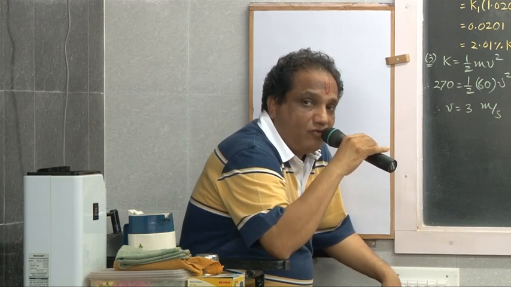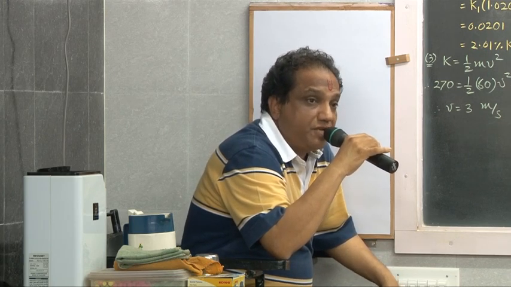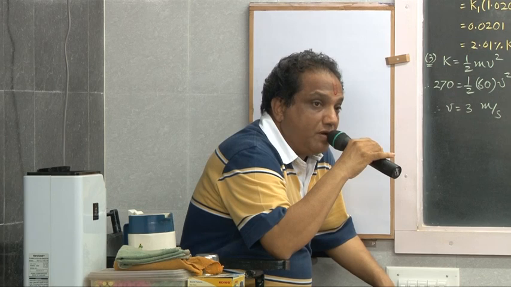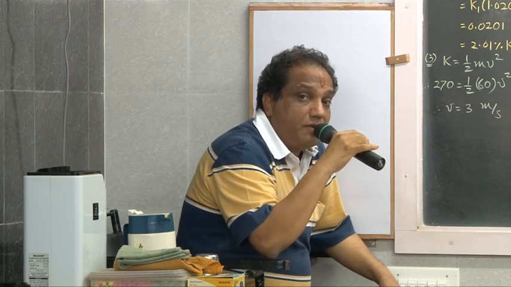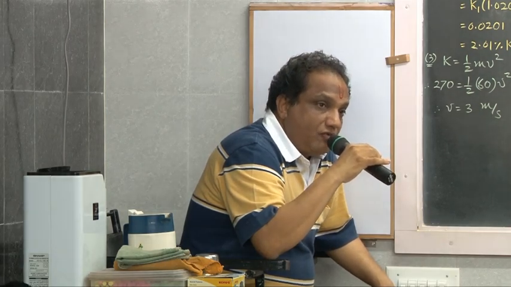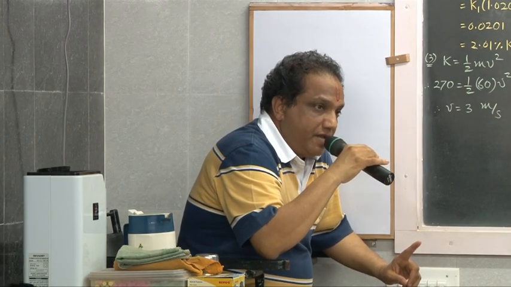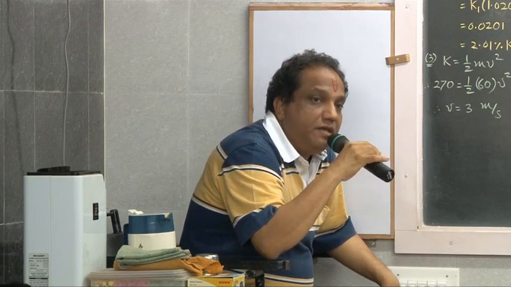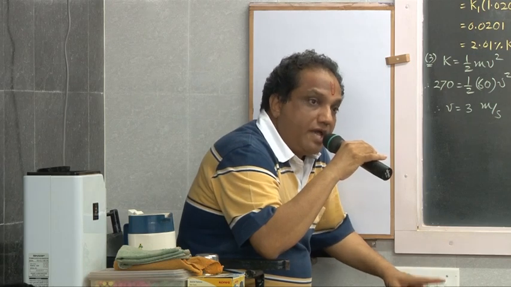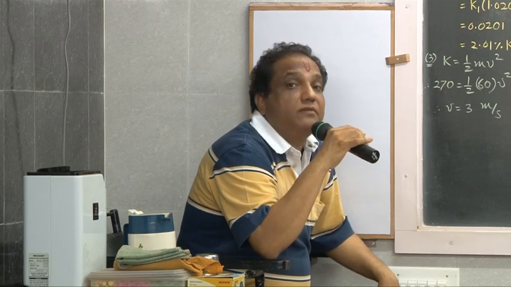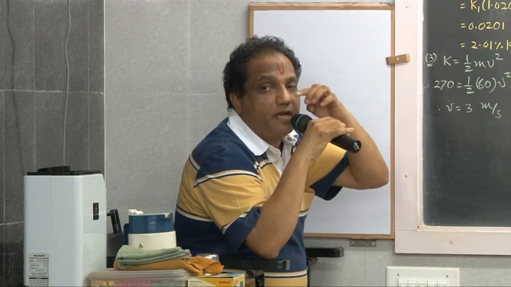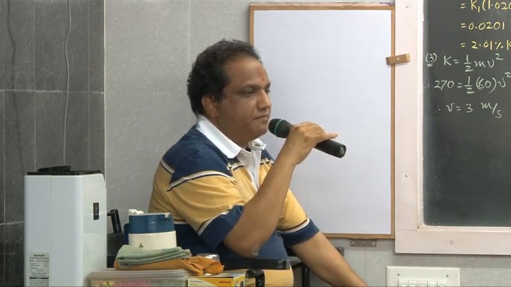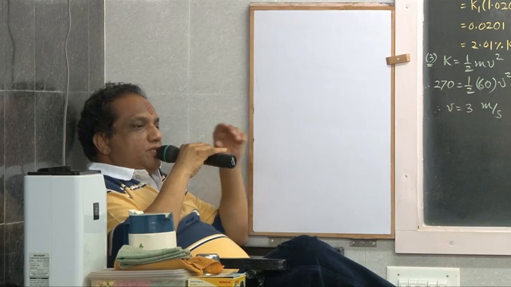Wait. For water, density is 1 gram per centimeter cube, and in kilogram per meter cube it is 1000 kilogram per meter cube. And 1 liter is 1000 milliliter. And for water, I have always told you, as many milliliter, that many gram, or as many liter, that many kilogram. So here 10 liter per second means 10 kilogram per second. So write down m value 10. G value is 9.8.